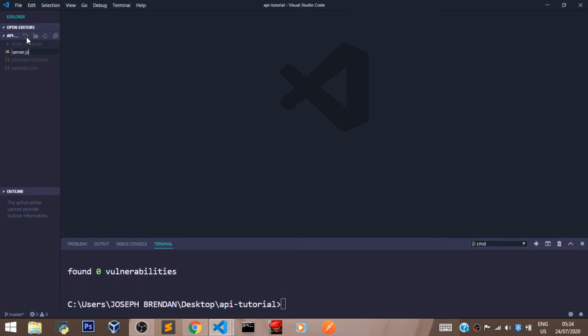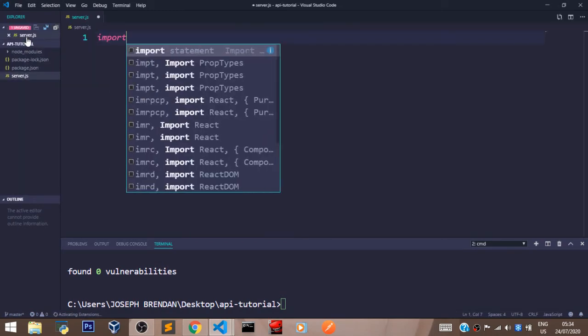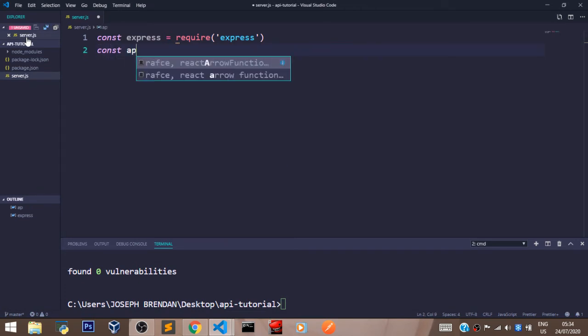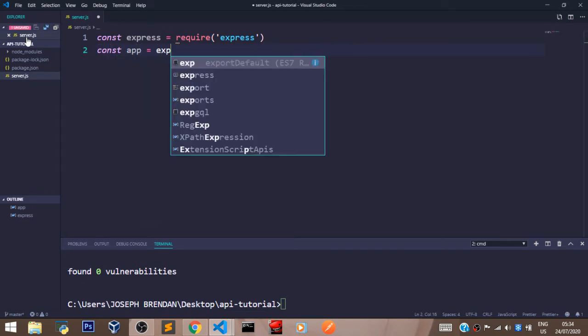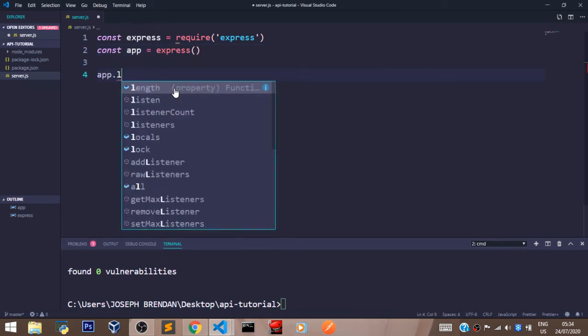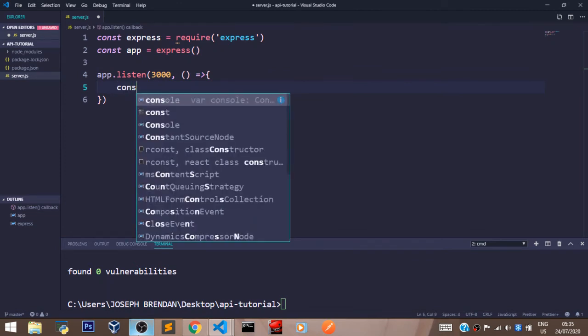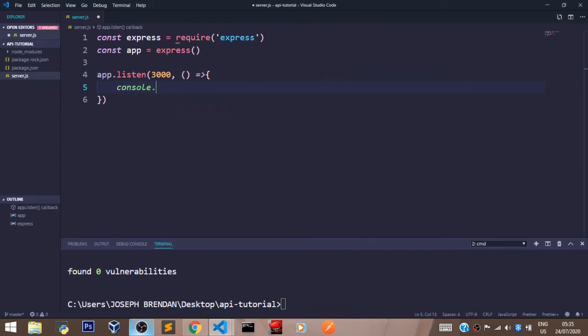So let's create our server.js file. Let's import Express. I'm doing React. Let's say const express, and let's require express right there. So after importing express, let's initialize the app here with express, and let's say app.listen on port 3000 with an arrow function that says console.log